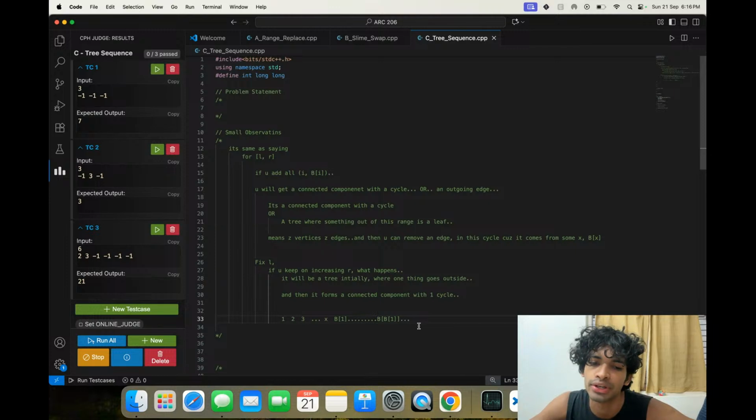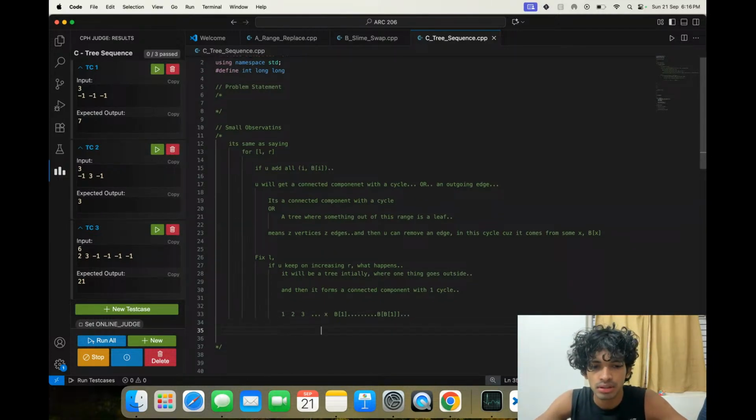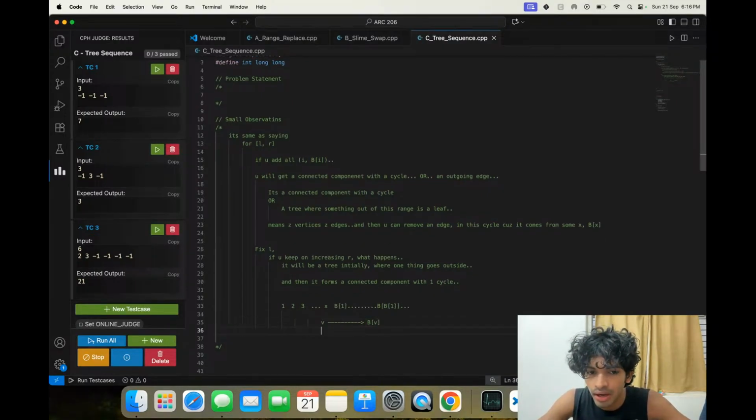Means we have one V, it has a forward edge to some B of V, and then we have some B sequence, and then B square of V came here, let's say.